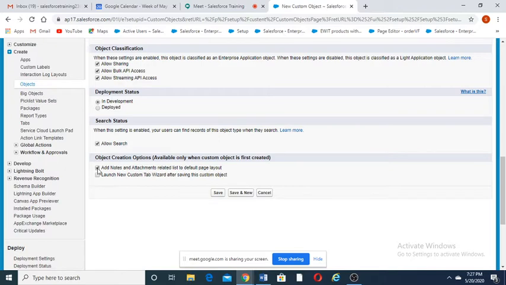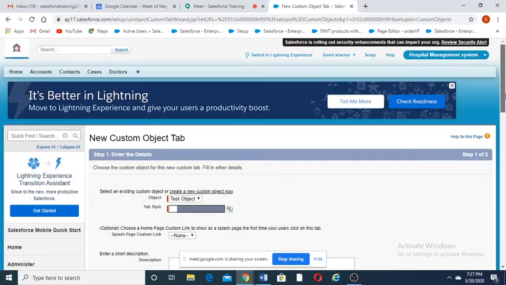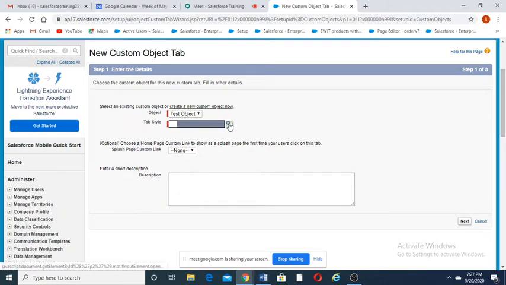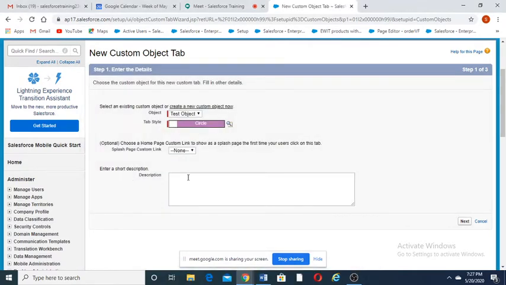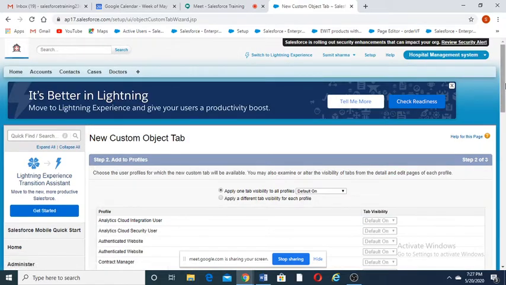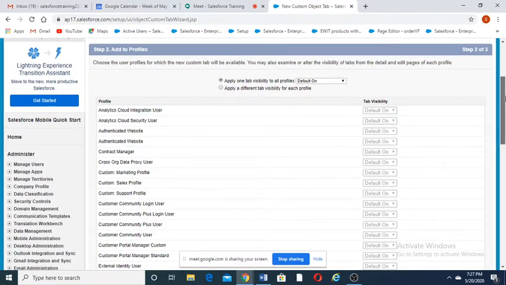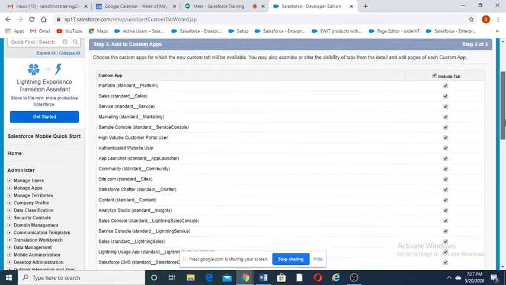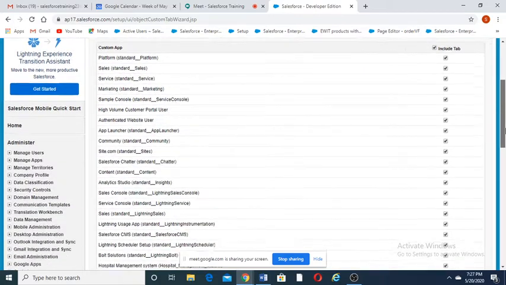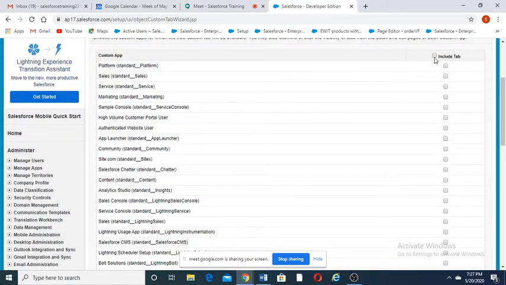I want notes and attachments to be created, and I want to create new tab, save, and tab style, anything, circle, then next, and after that default on, next, and I want it to be, let's say, included in this hospital management system application.